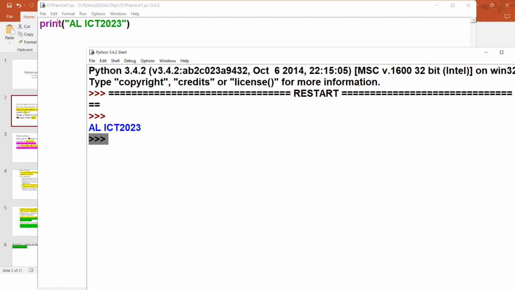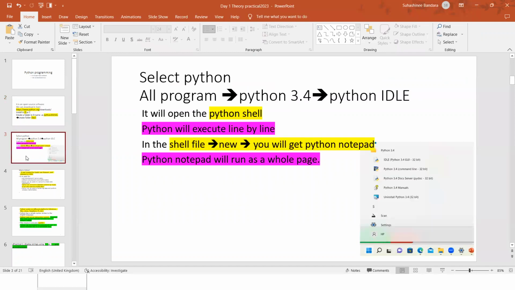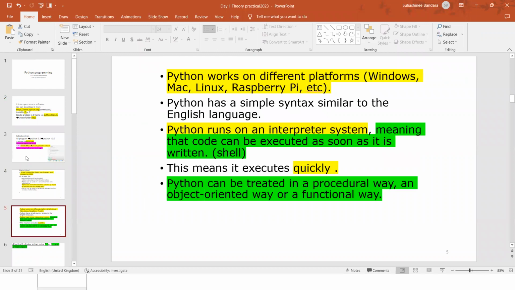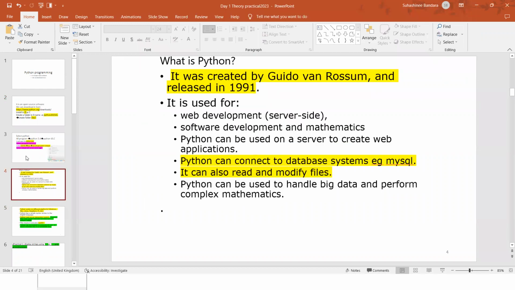This is the Python notepad; I used that and I took the result. Likewise, two methods are there. If you need, you can run in the shell or you can run in the notepad. We'll try this one, and you must try the notepad as well.